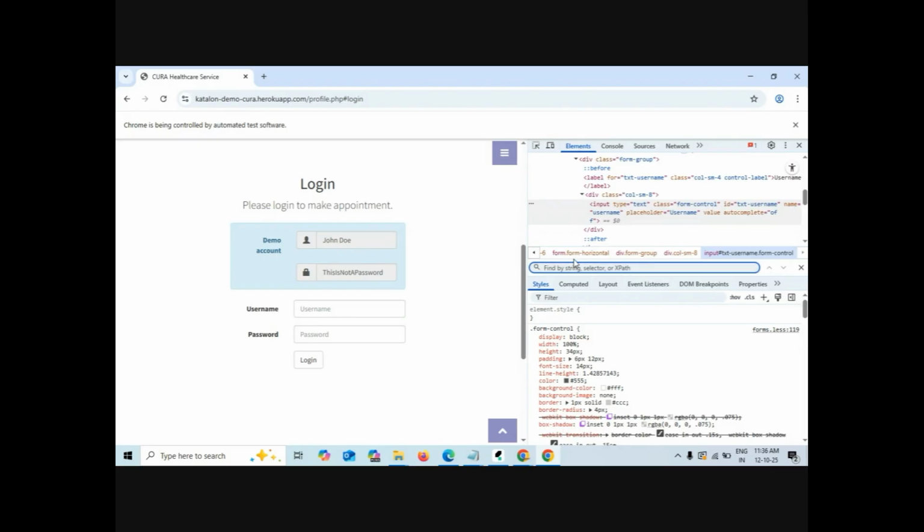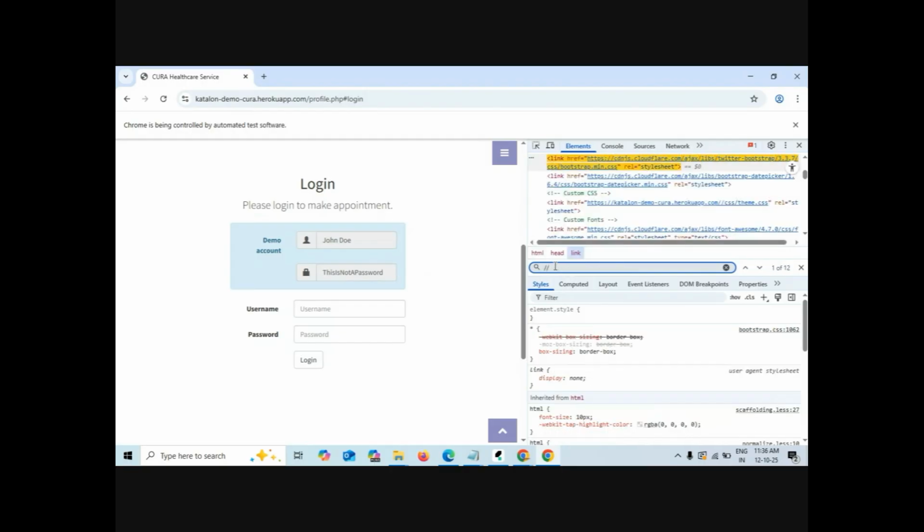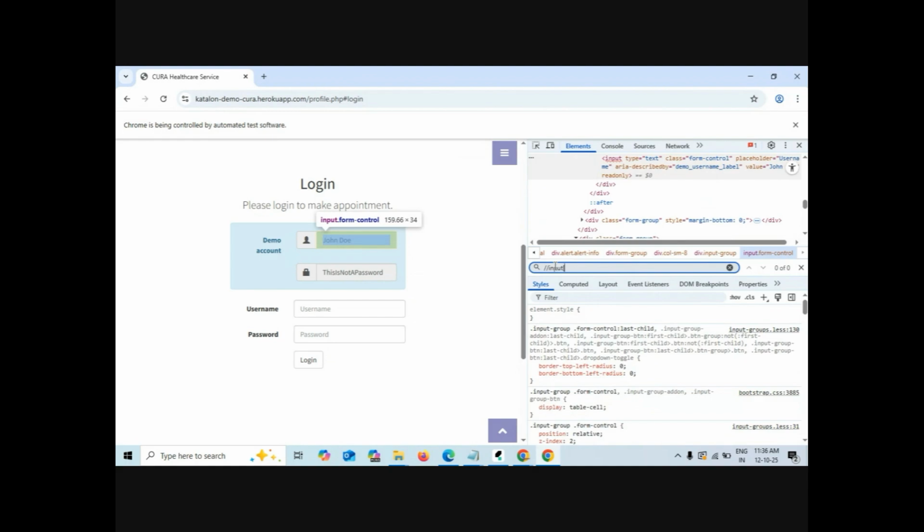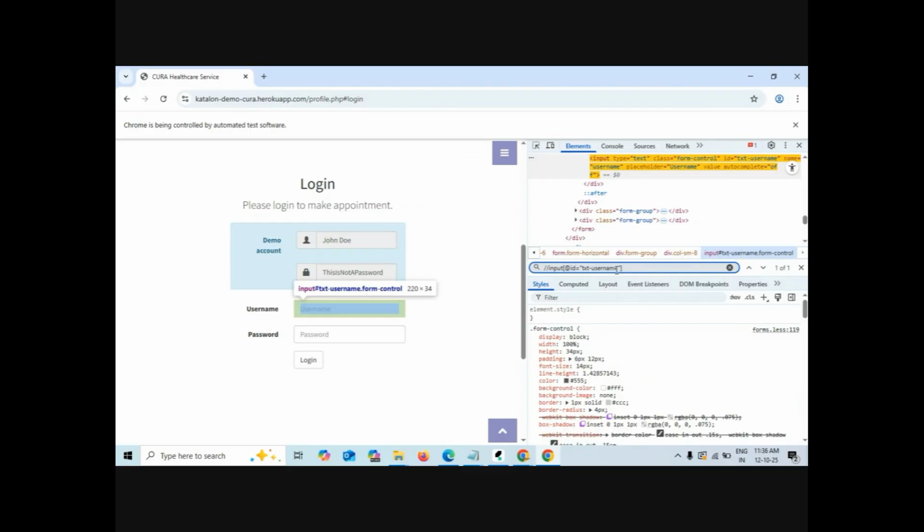So what is the tag name here? Input, right? So the syntax is / tag name. The tag name is input, then square brackets, and inside, paste that ID. So it will show username. See, the yellow color is there. I am putting the mouse over here, highlighting the user field, and here it shows one of one. So it's an exact match, a unique locator. We can copy this